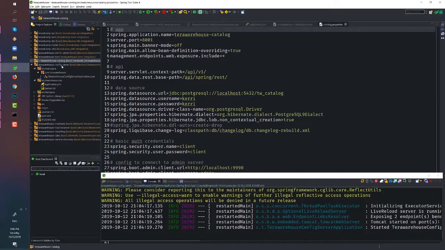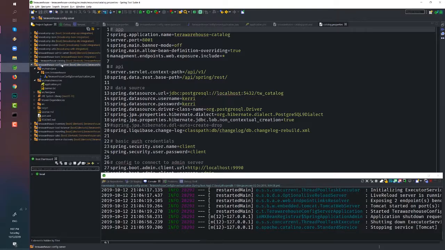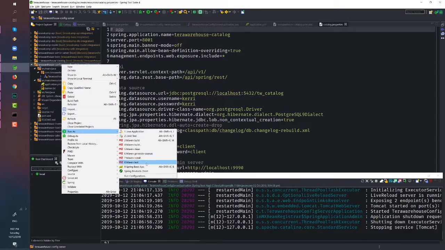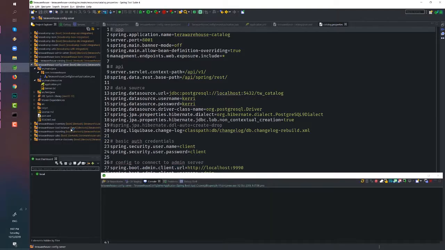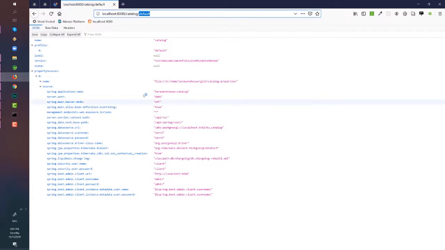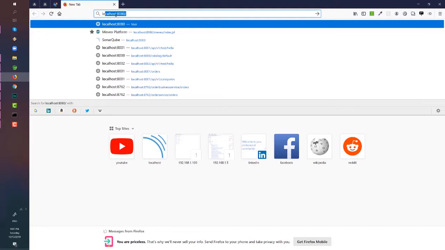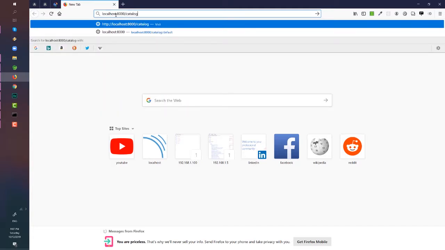Okay, let's try running our config server again. I think we already ran it earlier. Anyway, let's try running it. This time it should be able to pick up the catalog configuration file that we have just created. Localhost. So our config server is running on localhost port 8000, and we should be able to access the property via the application name, which is catalog, and the profile,